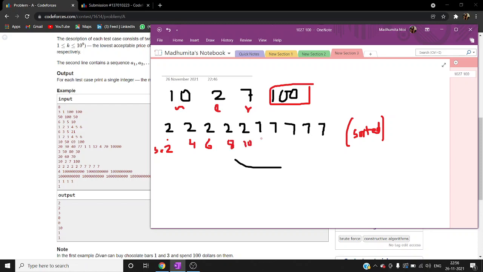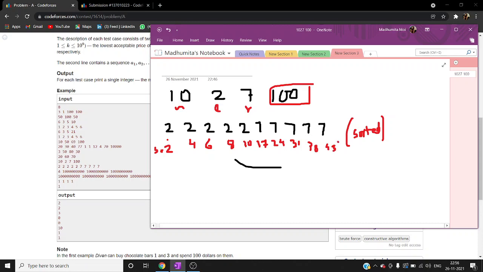Now again 7 is also fulfilling the condition, that it is less than or equal to R, so here it is getting 17. Then 17 plus 7 gives us 24, 24 plus 7 gives us 31, 31 plus 7 gives us 38, and 38 plus 7 gives us 45.